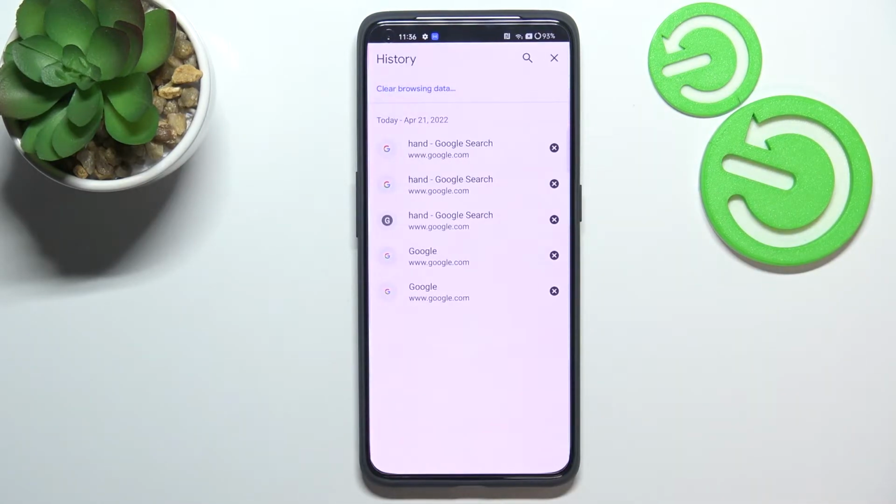Now let's enter the history, and as you can see, this is the list of all previously visited websites. So of course, if you want to, you can remove them one by one manually just by tapping on this X button right next to it, and as you can see, it will immediately disappear. But if in your case this list is so wide and you do not have the time to do it